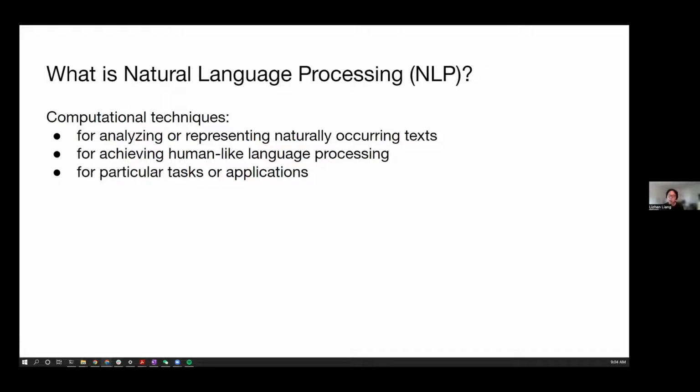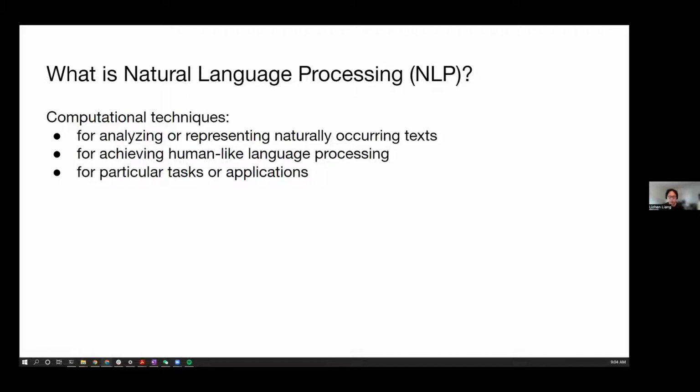So having a ton of text on hand opens for us a lot of good opportunity to better understand individuals and communities, by analyzing and representing text with automated methods through NLP approaches.